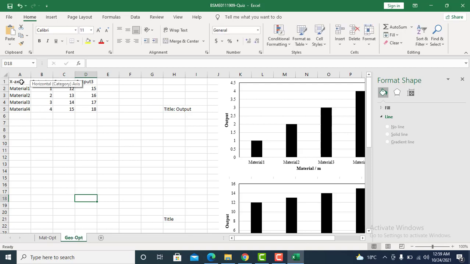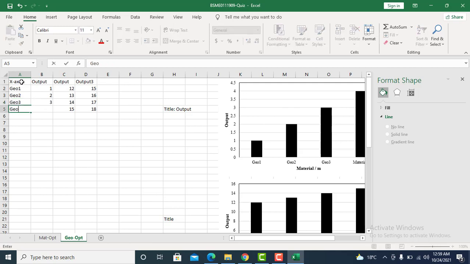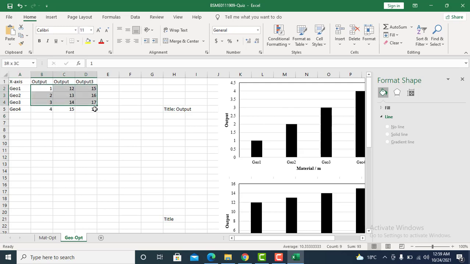Now what you have to do is just change the labels. The x-axis will be my geometrical parameter 1, geometrical parameter 2, geometrical parameter 3, geometrical parameter 4. These will be your geometrical parameter values, let's say 50, 51, 52, 53, 54, and these will be your corresponding outputs.